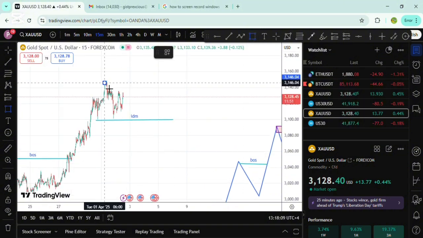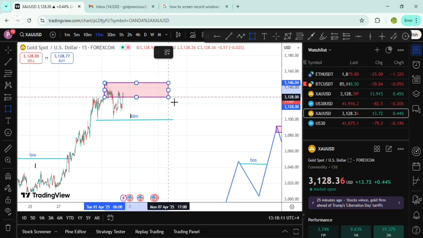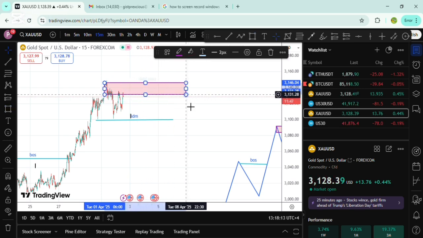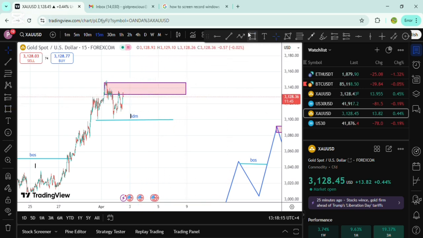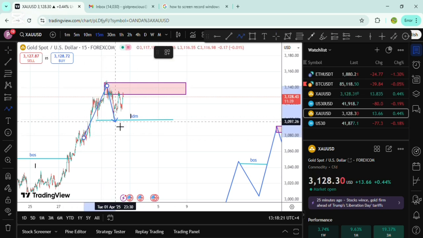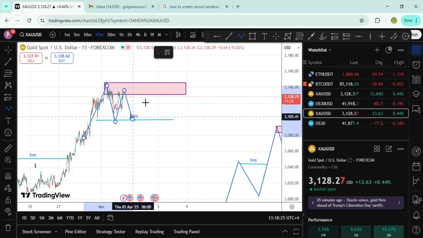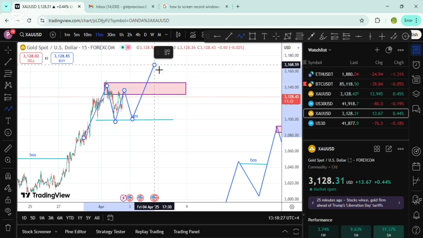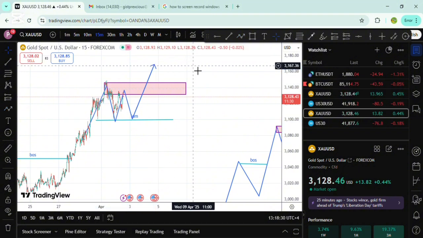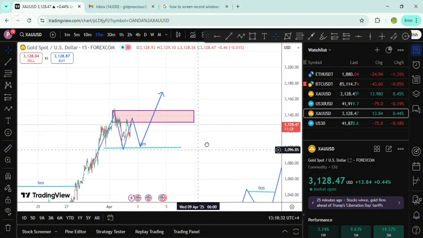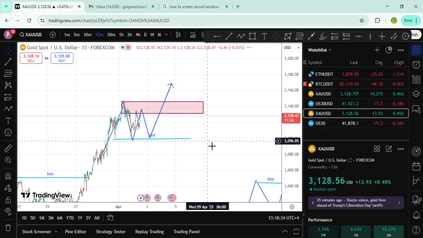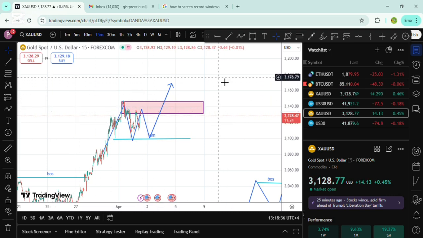On this market level now, we are waiting for a double inducement. The first inducement has taken place. So we are waiting for the second inducement on that trend. I didn't count that one as a head. This is the first inducement. So we are waiting for a second inducement before we go for a buy. So if this is how your market is,